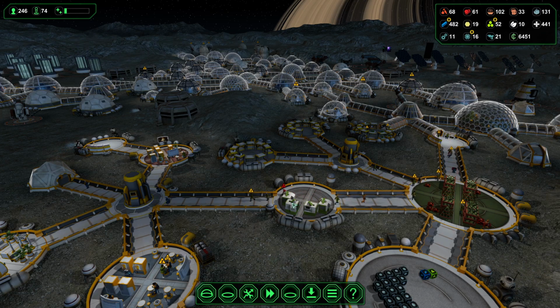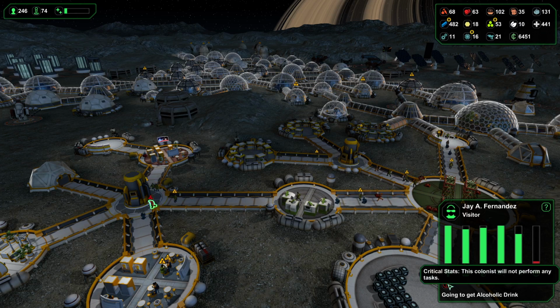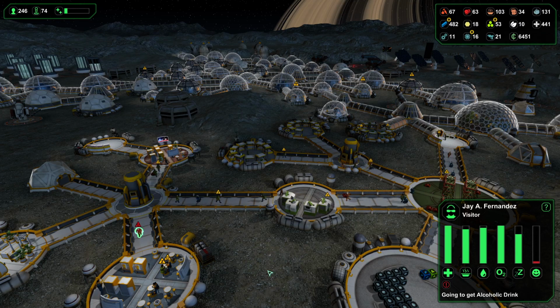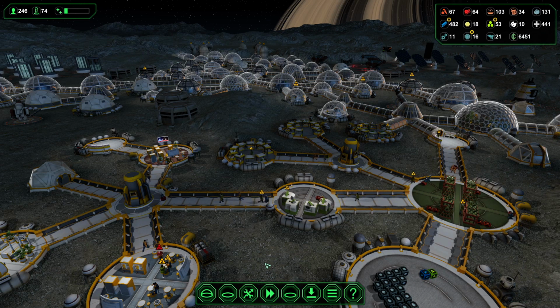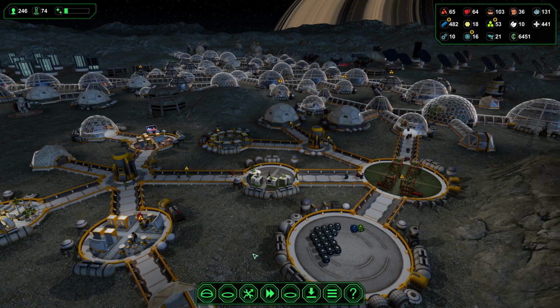What's this guy doing? He's a visitor, right? Going in to get an alcoholic drink. And he came all the way over here to get it. Now, if you were to organize for visitors,